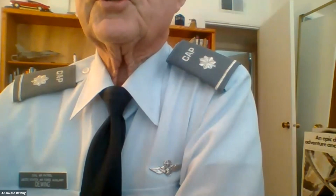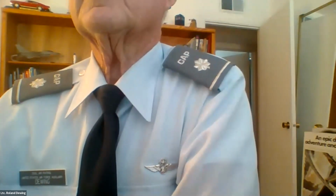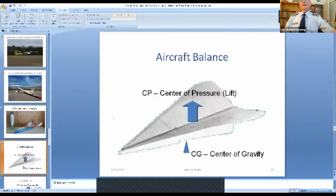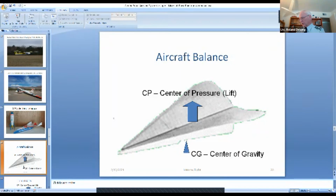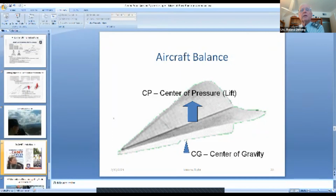Let me go back to share screen. Where is it? So I doubt very seriously that glider is going to fly on Mars. You'd have to fly very fast, almost the speed of sound here, but it'd be different up there. But now